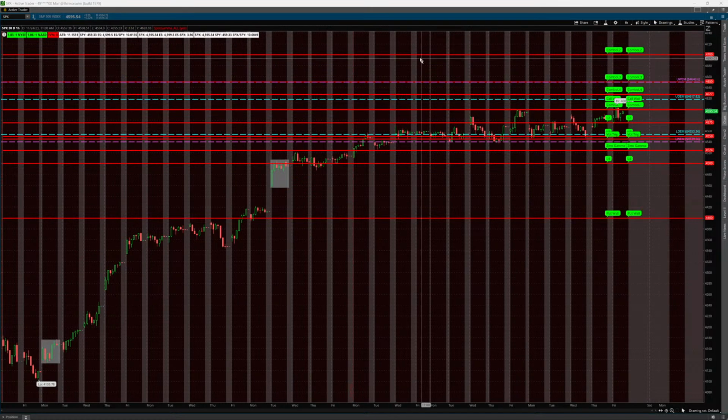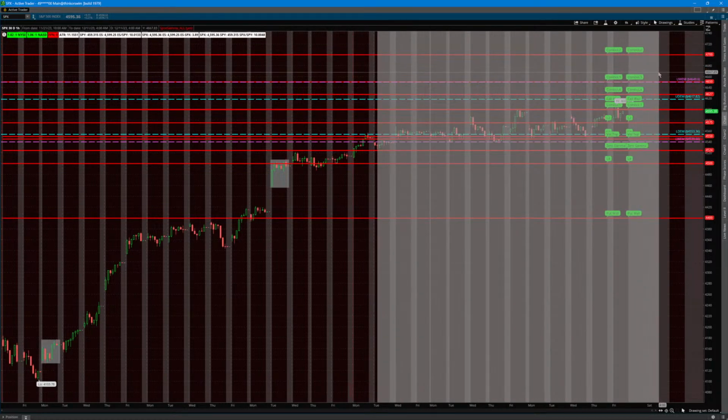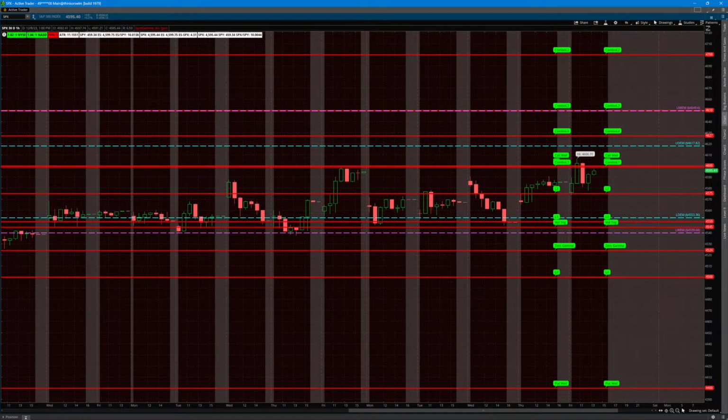All right, let's take a look at some levels on this chart. I'm going to zoom in just a bit. So first of all, the dashed purple lines are showing the lower and upper weekly expected move. I update this once a week, and this is based on the options market. And the dashed blue lines are showing the lower and upper daily expected move, also based on the options market. I update that once a day. And note that SPX is trading pretty much right in the middle of both of those ranges.